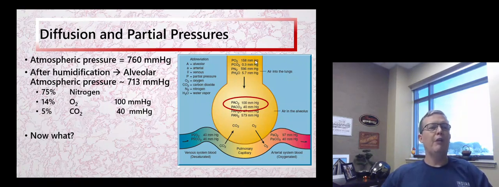We don't have a partial pressure around us because we don't have a fixed container. When you have a fixed container, then that gas is exerting a partial pressure. The partial pressure of CO2 is 0.3, and then you have nitrogen and water. So there's moisture in the air. This partial pressure of 158 in the terminal bronchiole generates a partial pressure of oxygen in the alveolus of approximately 100 millimeters of mercury and a PCO2 of approximately 40 millimeters of mercury. So this is where that diffusion capacity of carbon dioxide compared to oxygen is so critical, as carbon dioxide moves into the alveolus and oxygen moves